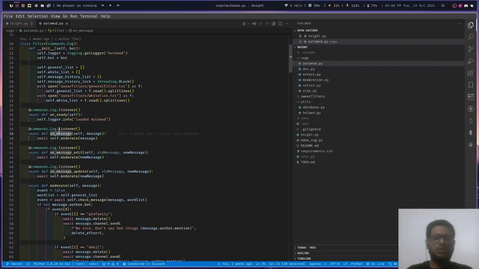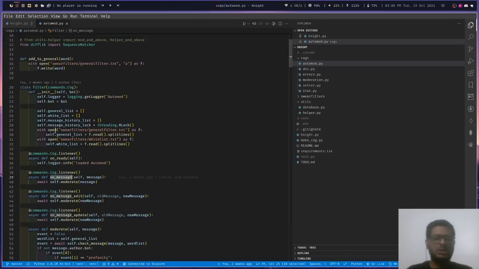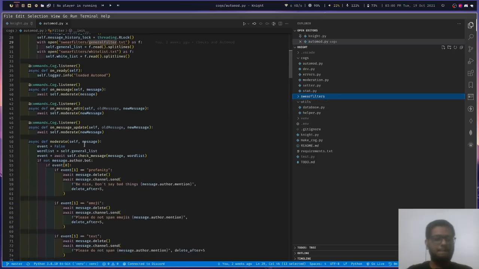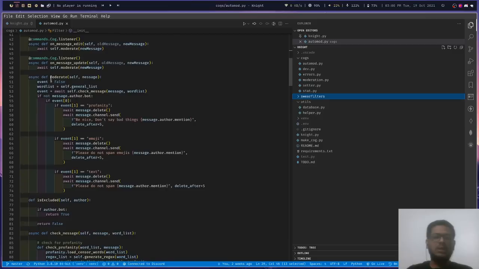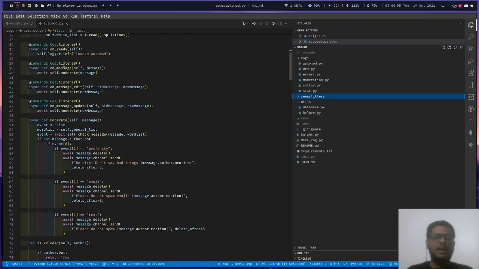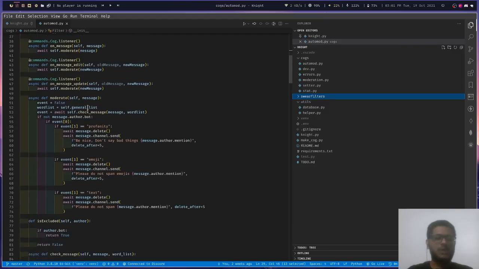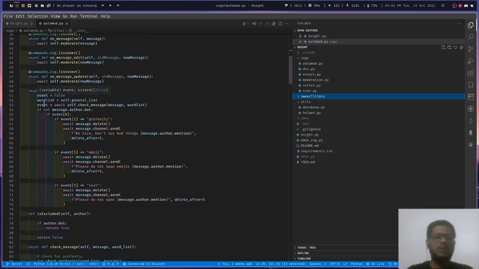First of all, here is the list of all the bad words which will be loaded into our module. And as I said, whenever any message is sent on the server, it will call this function, and this function will in turn call the moderate function with the message object. A message object will then call the check message function.